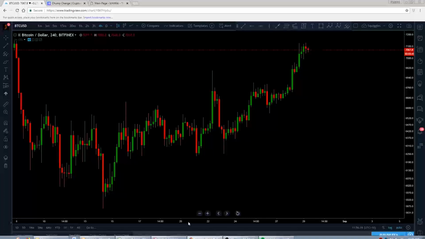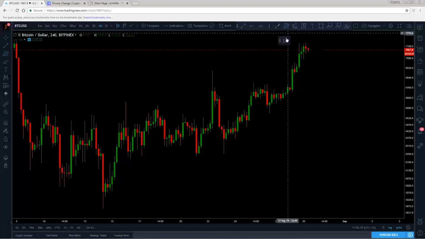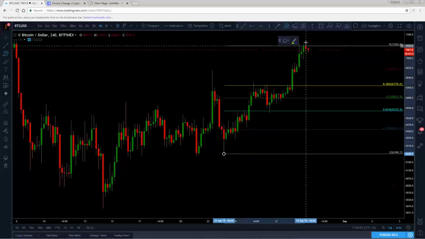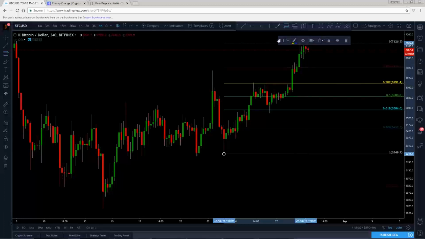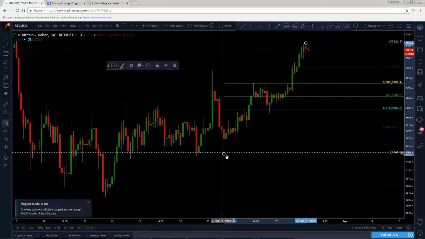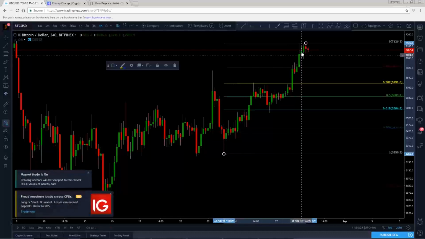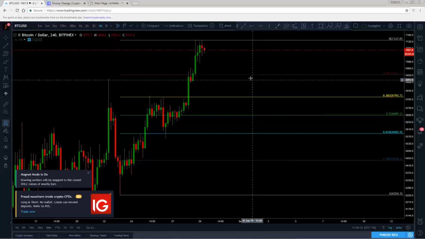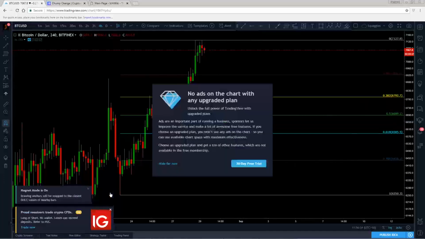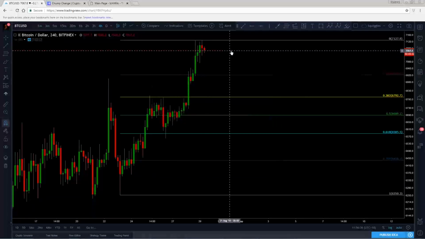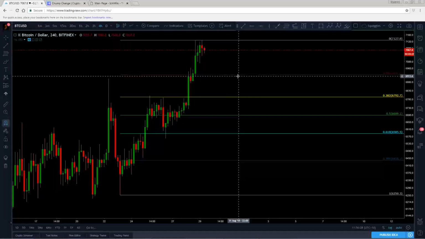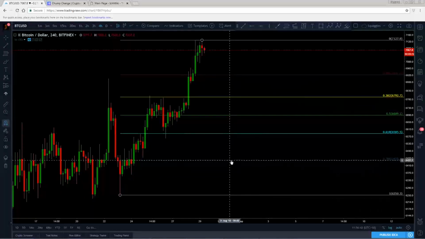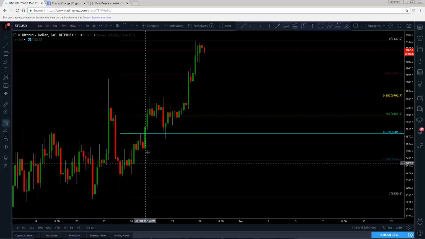The Fibonacci retracement is a tool that I use quite often where you measure a swing low to a swing high and it plots out, it's kind of like placing a ruler over your charts, and then it shows you where the 23.6 level was, which will be here, 38.2, 50%, 61.8 and 78.6. So from the recent move we've just had,